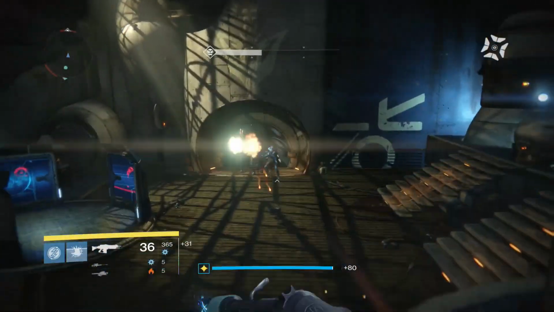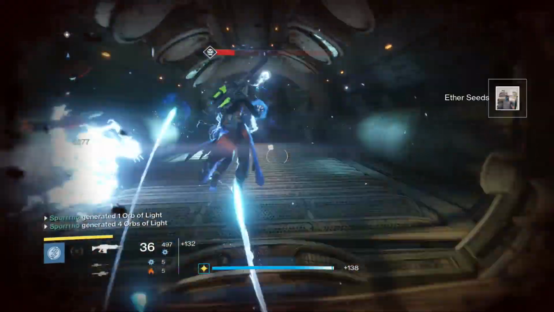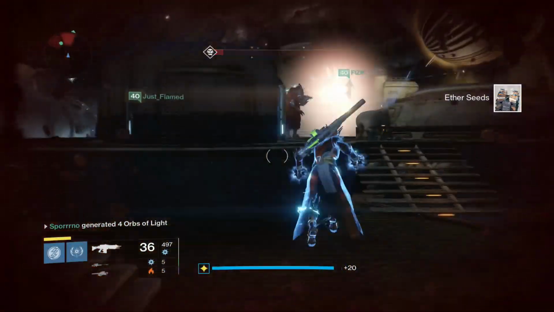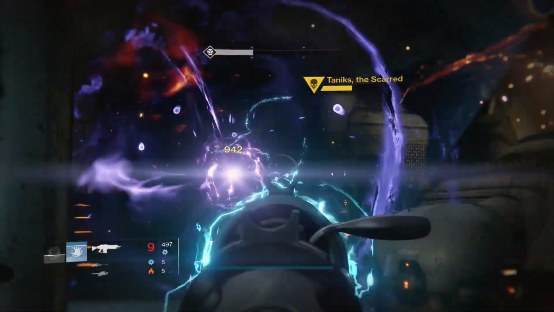Since it is Arc Burn, this is basically the only Arc-based primary weapon that is most valuable in Heroic Strikes. If you're not using this weapon, it's probably going to take you 10 times longer to kill enemies and adds within the vicinity, solely because of it being Arc Burn. Like I said, this weapon is just so good this week because it chains